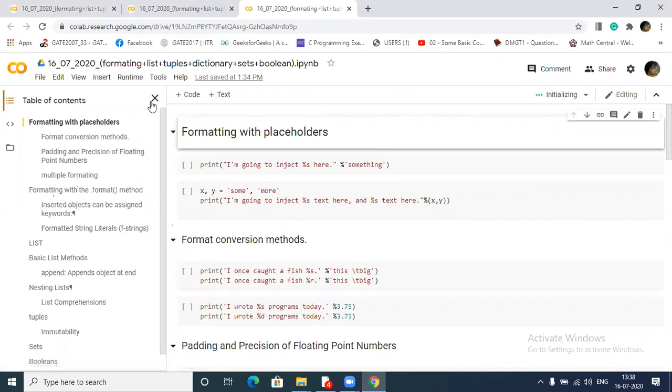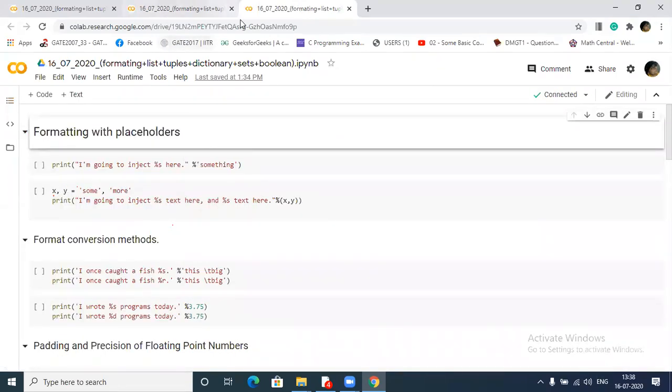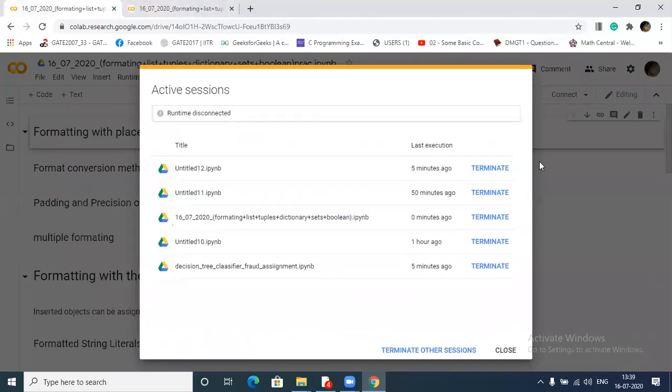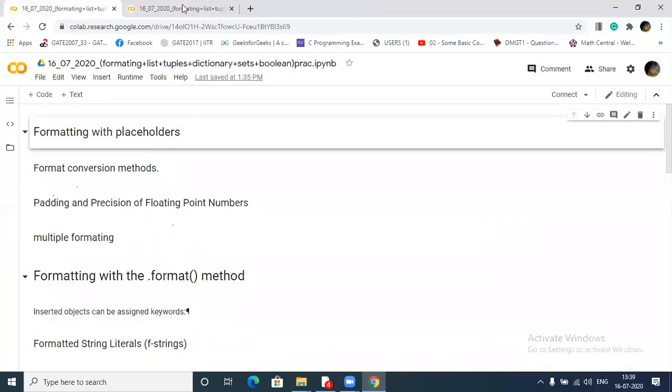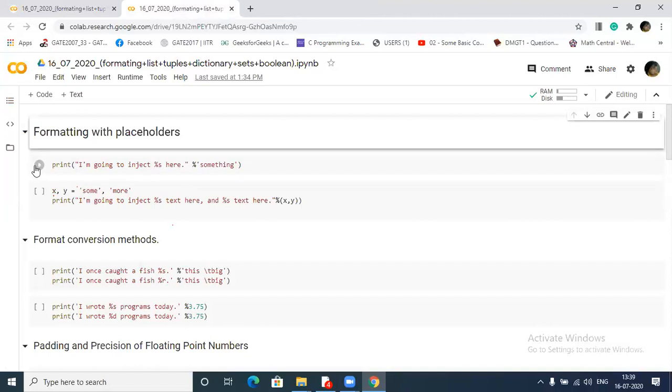I think it will connect. Yeah, connected. This one, I will close this one. Okay, yeah, fine.